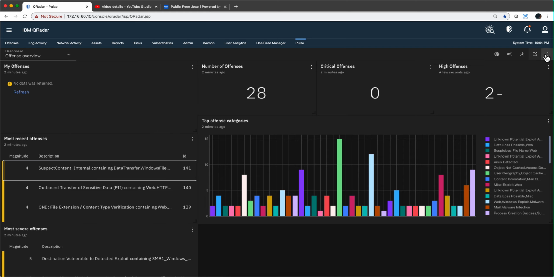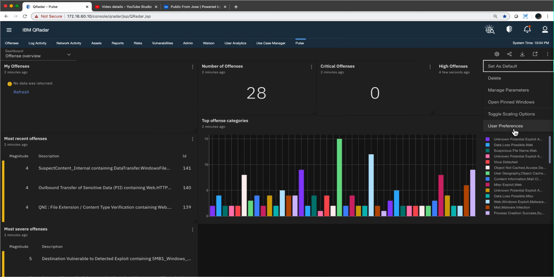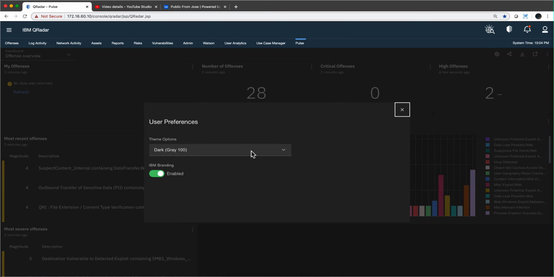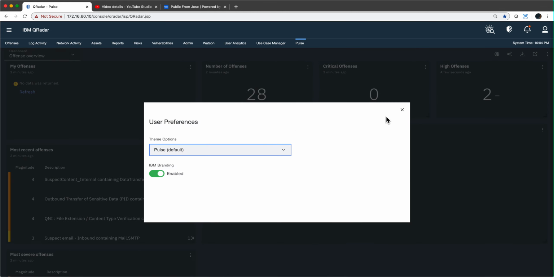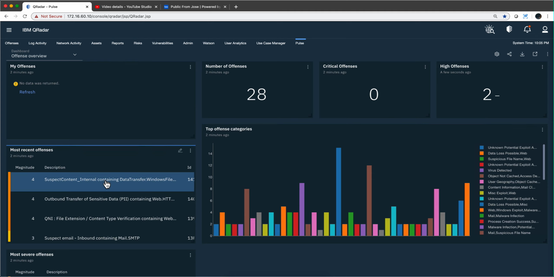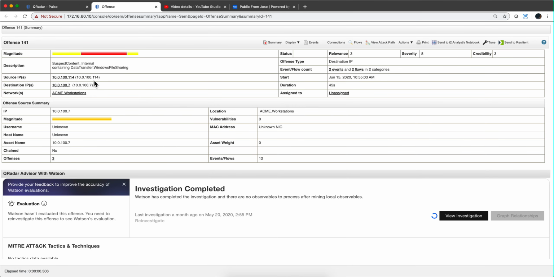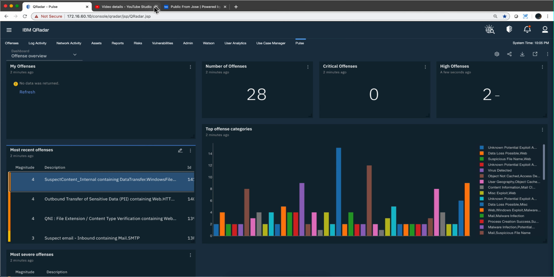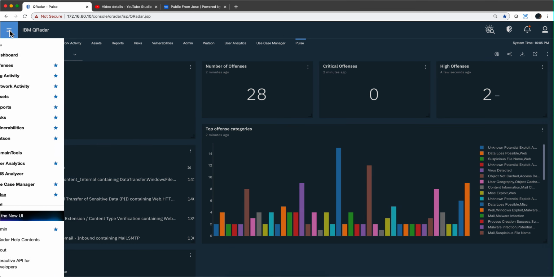But let me actually show you something interesting that I noticed. Let me revert back to the traditional UI, right? And if I'm here and I'm looking, for example, at an offense, you see that I get the traditional view of an offense, right? But if I go into the new UI,